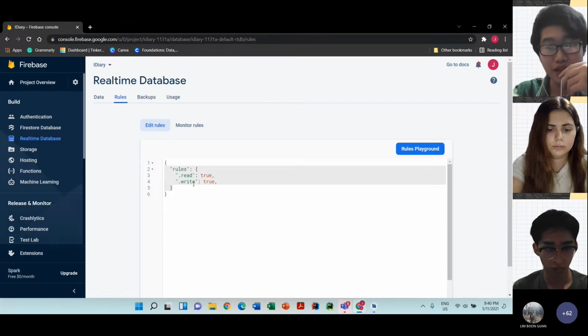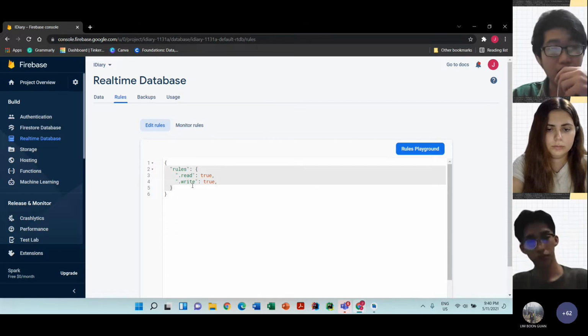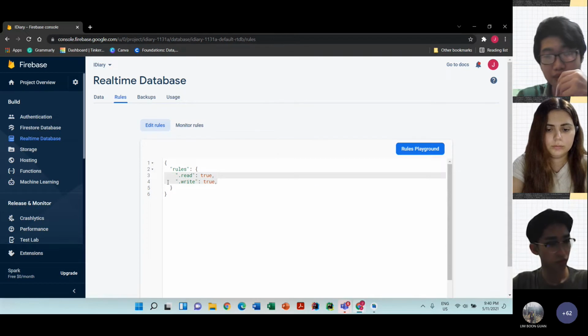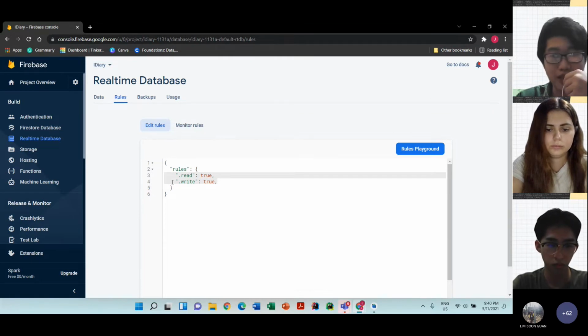But in our case, to make things easy, in case you have some rules or some data you want to change from your Firebase console or from your Android Studio, setting read and write to true will make things easy for you. Even though when you go out to the real world, this isn't recommended. To explore more about rules, you can always read the documentation and test it out by yourself.